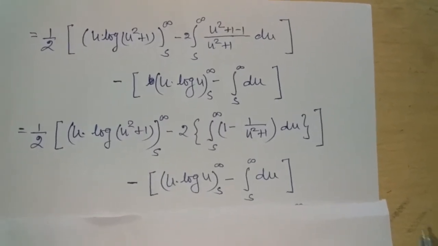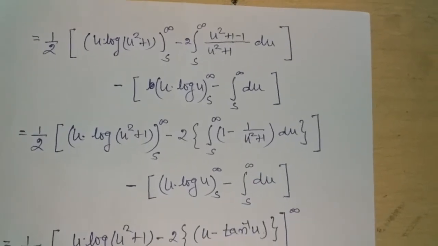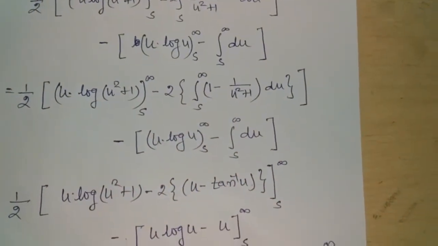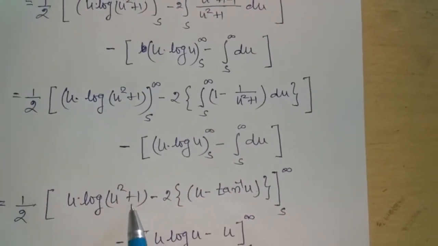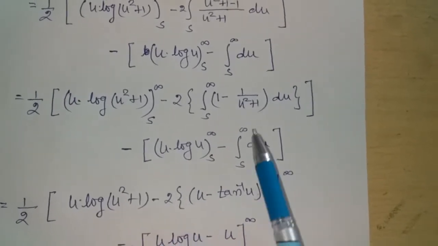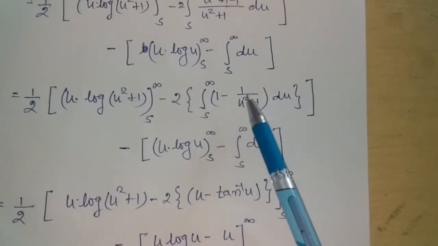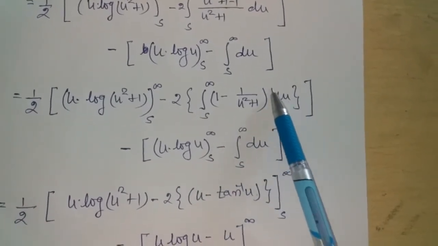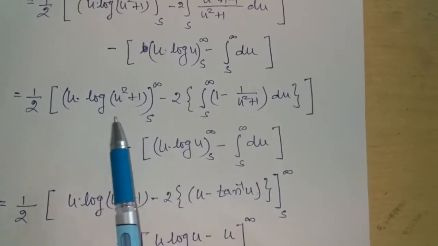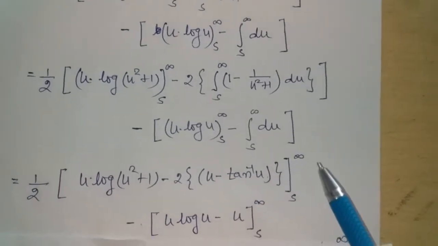Now we integrate these two integrals, we get 1/2 u log(u² + 1) minus 2 into integral of 1 is u minus integral of 1 upon u² + 1 with respect to u is tan⁻¹u, and the limit of both is common, s to infinity, so we'll write the common limit s to infinity,